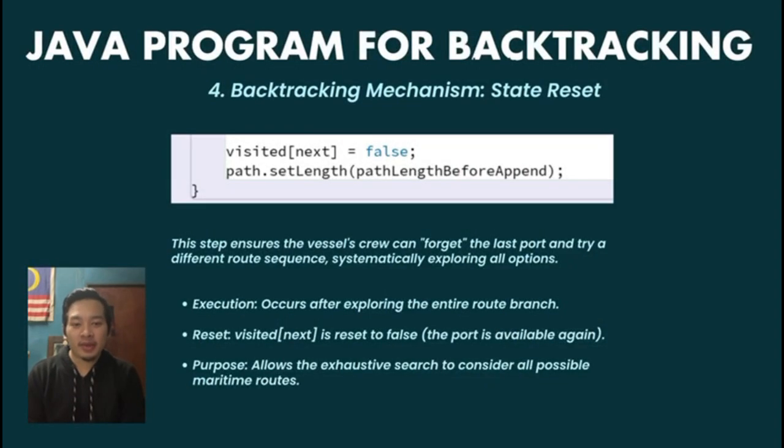Finally, the backtracking mechanism, state reset. This step ensures the algorithm can forget the last port and try a different route sequence, systematically exploring all options. It occurs after exploring the entire route branch originating from the port. The port's visited status is reset to false. The path update is undone, allowing the search to consider all possible maritime routes. So, this systematic exploration combined with the efficiency of pruning makes the backtracking algorithm a powerful way to solve complex